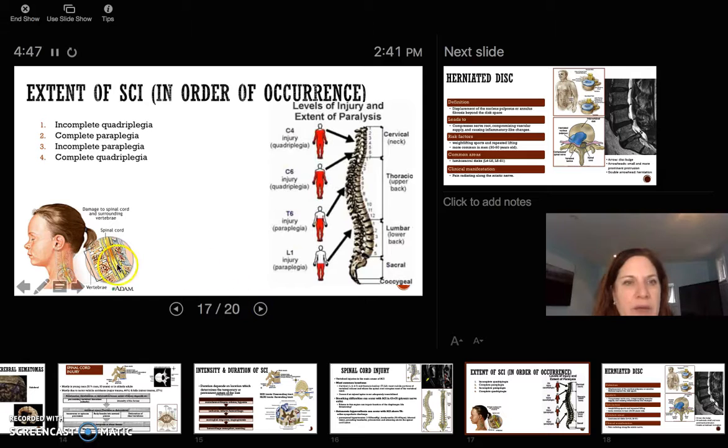So a picture of your spinal cord, damage to your vertebrae and damage to the surrounding vertebrae, and what kind of injury depending on where it is. So the higher up your injury, if it is a severe enough injury, anything below may develop in quadriplegia. There is incomplete and complete of both quadriplegia and paraplegia. So quadriplegia is not being able to move your entire body. Paraplegia is part of your body. And complete would be you're completely immobile, and incomplete is you can move a little bit, some parts.